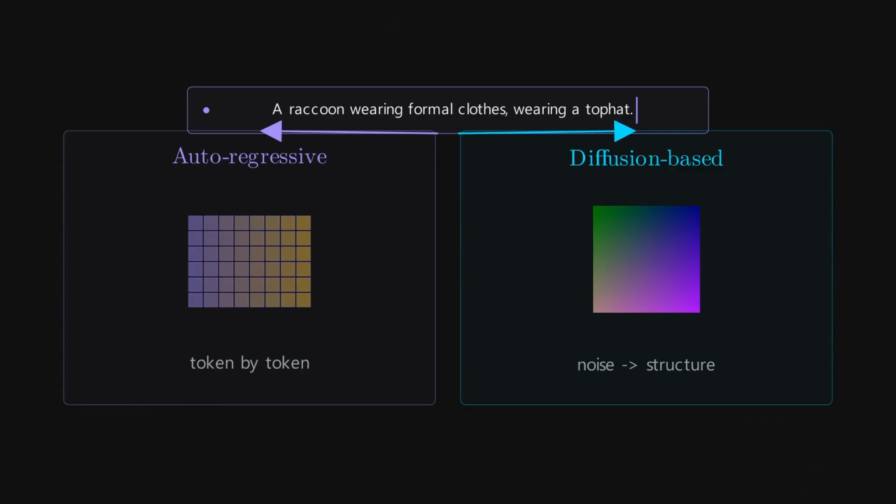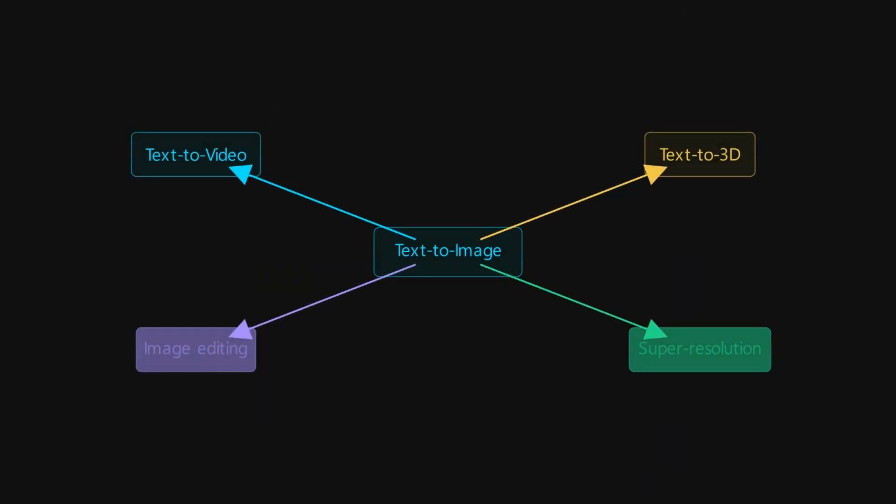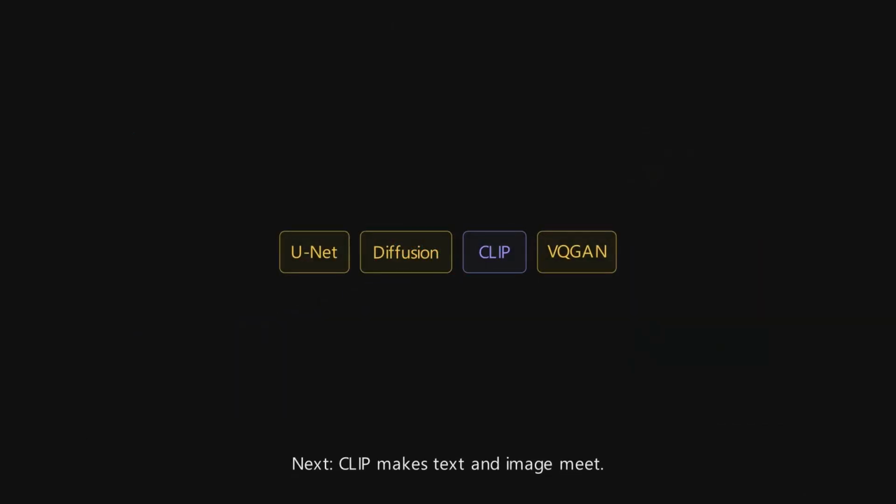many other creative systems. But if we peel away the beautiful outputs and look underneath, most conditional generation pipelines rely on two major families of methods. The first is autoregressive generation. Build the output step by step, token by token, much like a language model predicts the next word. The second is diffusion-based generation. Start from noise, then gradually recover structure through a learned denoising process. One family builds. The other family cleans. And both need the same missing ingredient: a way to connect human language with visual meaning.